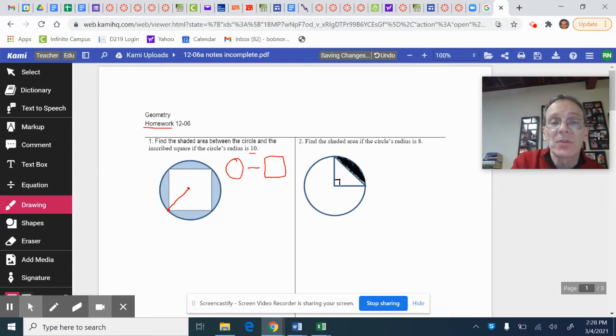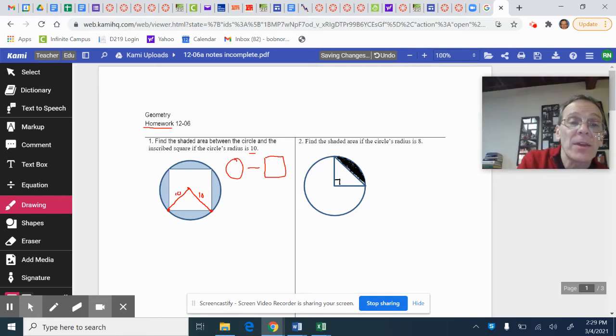Look, the radius of the circle is all you need to find the area of the circle. But how are you going to find the area of this square to subtract it from the circle? What do we need to know about the square to find its area? We need to know a side length, don't we? Okay, well, if that's 10, and if that radius is also 10,